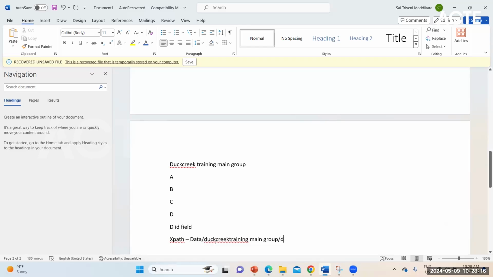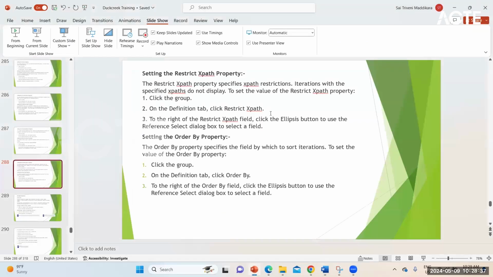You need not type it manually. When you are doing it in manuscript, there will be a default data XPath displayed for all the fields. Suppose when you open this particular field now, you can see this field XPath. You can give directly that XPath as well, rather than giving the field ID.